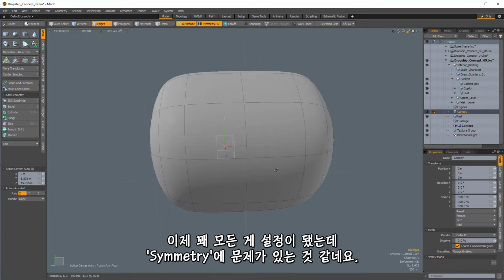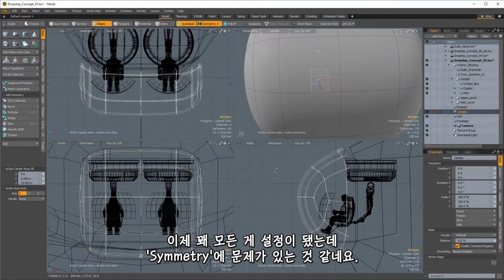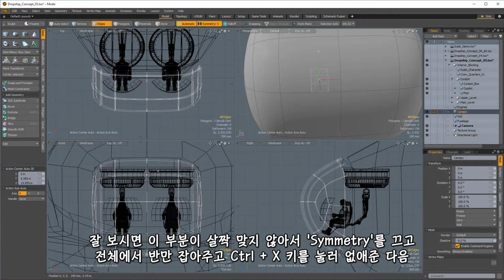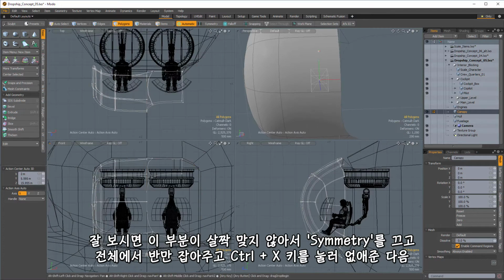So I did notice that there were some problems with my symmetry. So what I'm going to do here, and you can see if you look real carefully, there is a little bit of misalignment going on here. So what I'll do is turn my symmetry off, and then I'm going to select everything on one half, Control X,